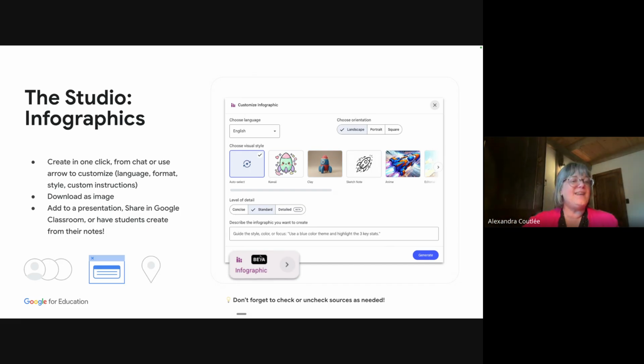You can, of course, pull it out of there. Gemini does a pretty good job of changing things in my infographics. So sometimes I pull it out of there, I put it in Gemini and say, can you fix this? And can you change this word? And it will regenerate it. So could be interesting. But as of now, no modify button. And you can then add to a presentation, sharing in Classroom.